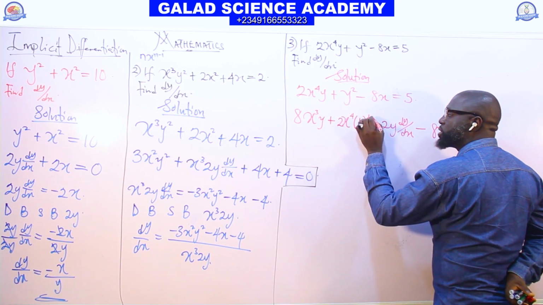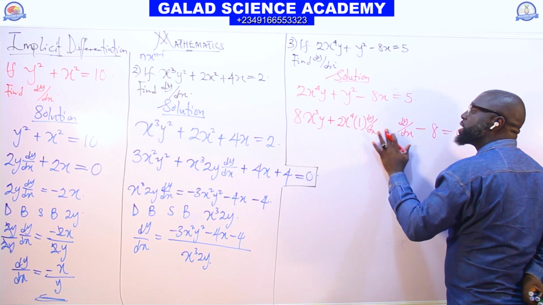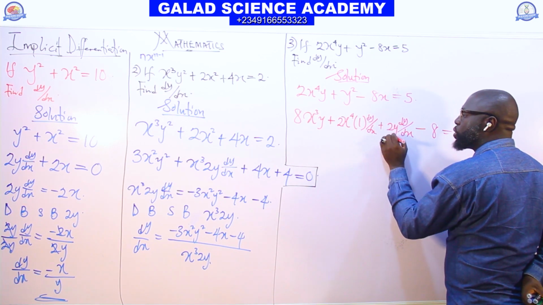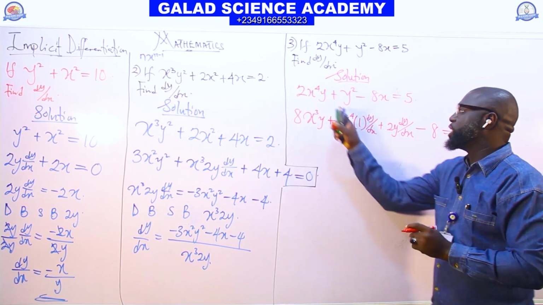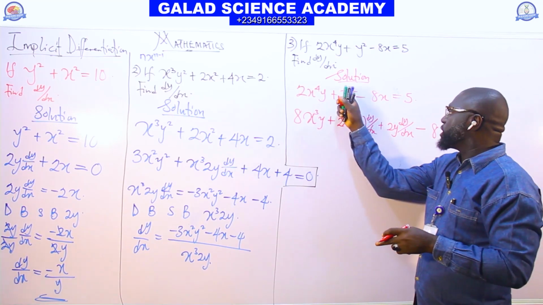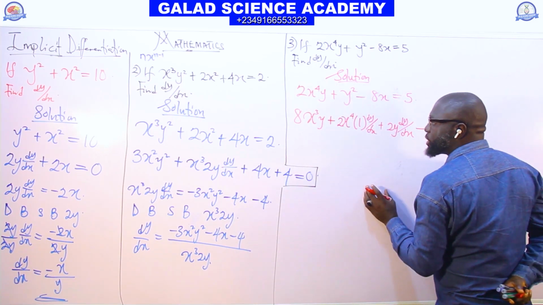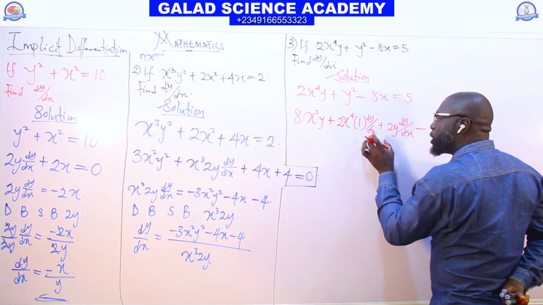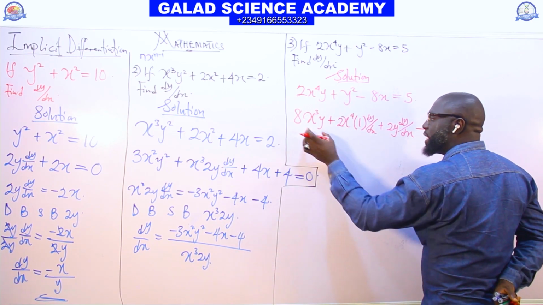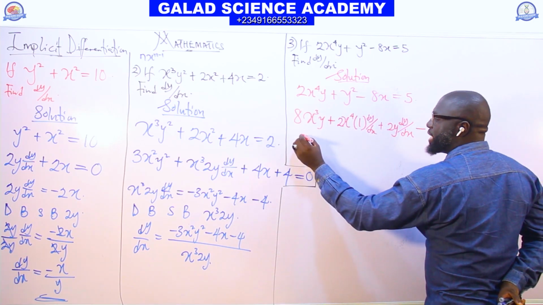The next thing we are going to do is, after putting y here in the first one, dy/dx plus 2y. Because we differentiate this y, it gives us 1, we put dy/dx. Differentiate this y, we have this, so minus 8. The next thing we do now is make dy/dx the subject of the formula. Let's take this to this side first. We are now left with